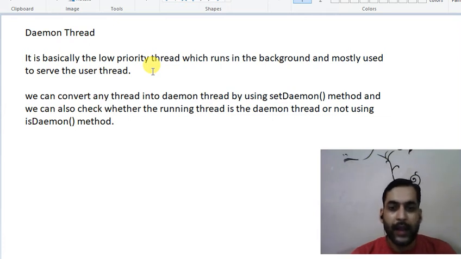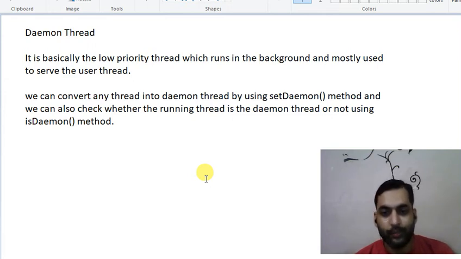We have a method known as setDaemon method, through which we can convert any thread into daemon thread. We can also check whether the running thread is a daemon thread or a normal user thread by using the isDaemon method. So now let us see this practically.